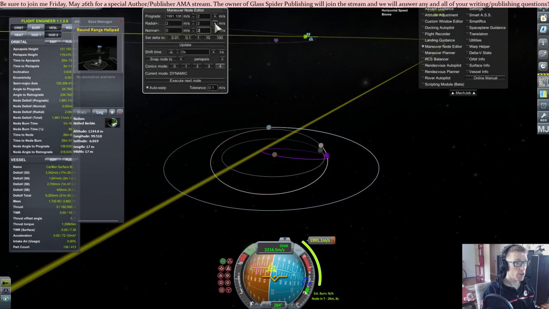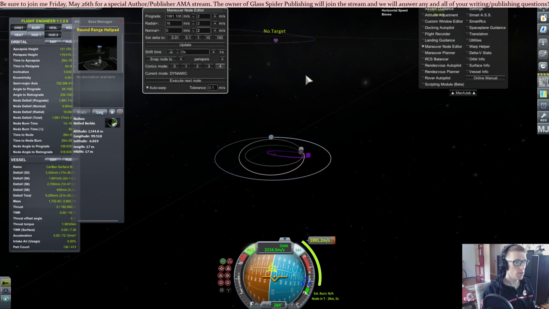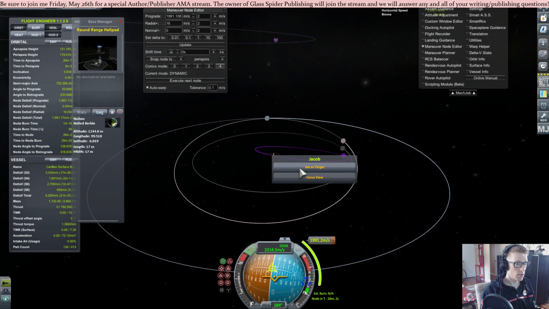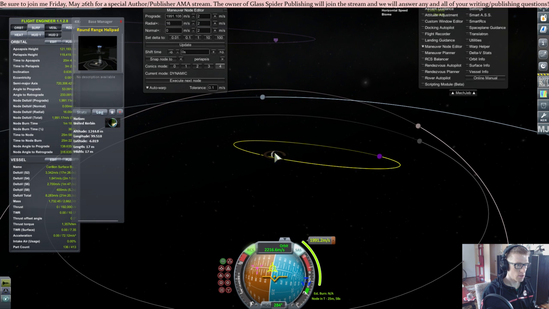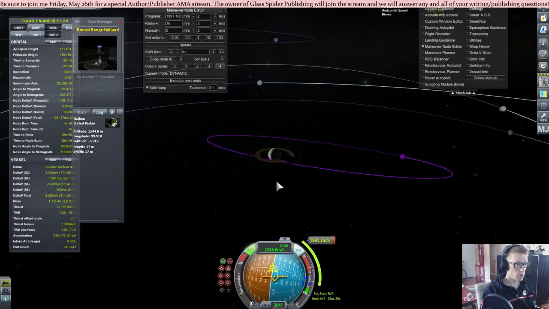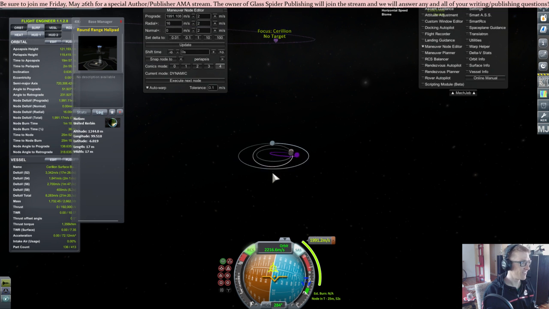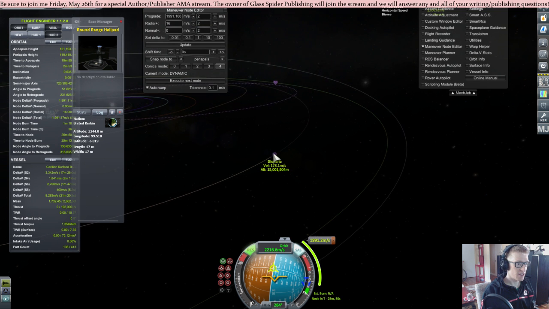Okay, I probably want to try radial. Wait, why did it just say no target? What happened? Why are we not focused on Cerillion? Oops, no, I want... That was really weird. Focus Cerillion, no target. Well, huh, that was weird. I don't know why it just said...